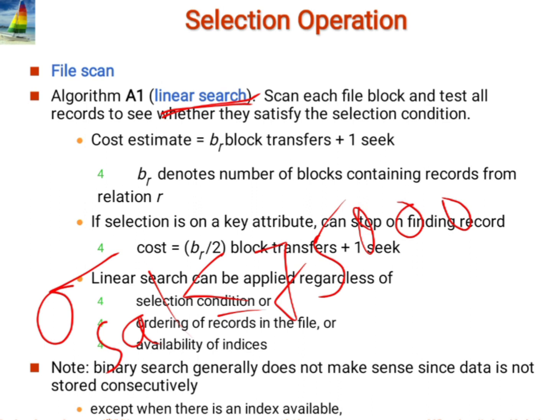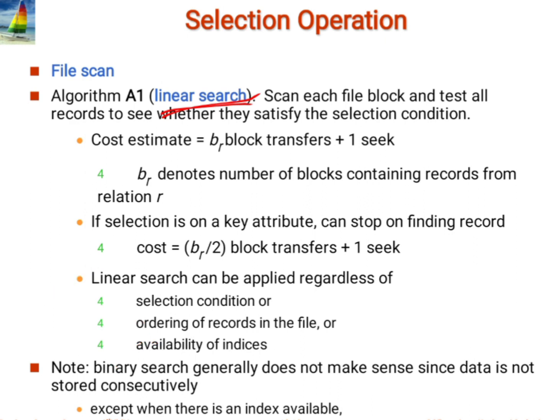So here, internally we are going to search for the instructors where salary is less than 75,000. So a searching technique comes into the picture. That's why there are different algorithms for searching. The first one I am going to talk about is the linear search, the easiest one. Linear search means we search sequentially.